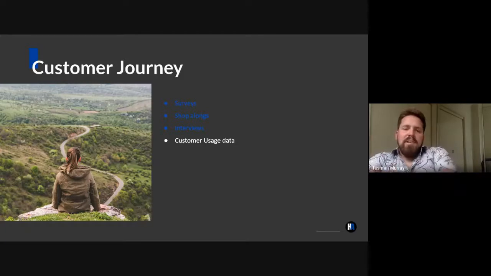With this, you can understand the full customer journey that people are going on. With third-party cookies, you can understand before they've gotten to your site what they've been doing. But even with first-party cookies, you can understand where they're going on your site, what they're looking at. And using this data and this customer journey, you can help segment that customer really quickly. Once you've done that, you know what kind of product they're interested in, you know how to target them, you know what stage of their purchasing journey they're in.